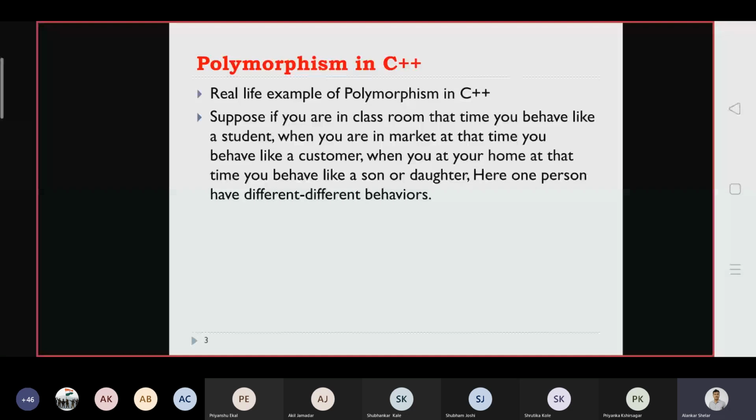So that facility should be available inside programming. That means you have to provide that type of features in the program. Why do we have to provide it? Just to provide multiple features. It's about usability, just to improve user efficiency, right? So for that we have to write polymorphism. Polymorphism you can provide in two ways: either with function overloading, or with function overriding. We'll see them one by one. Already I explained this.